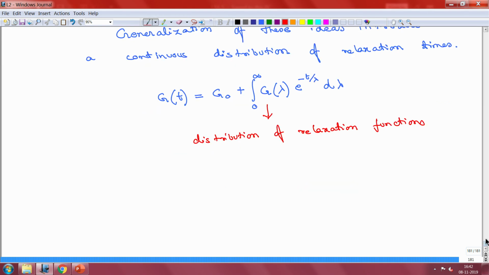It is customary in polymer science and engineering to not use a linear scale, but to use a logarithmic scale. In that case, we have to introduce another variable. Lambda is the time variable, the characteristic time scale associated here, and you can now take the logarithm of lambda, and let us say y is that variable. So, this implies that dy is equal to d lambda by lambda.